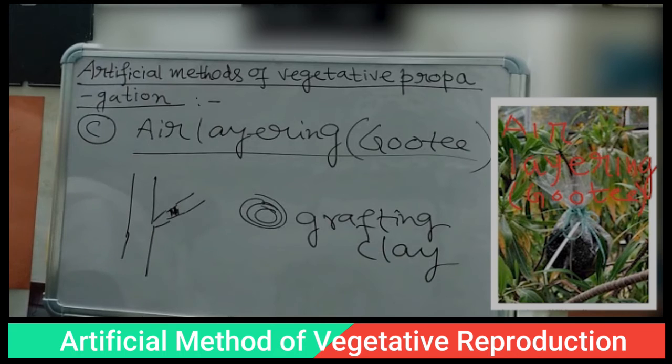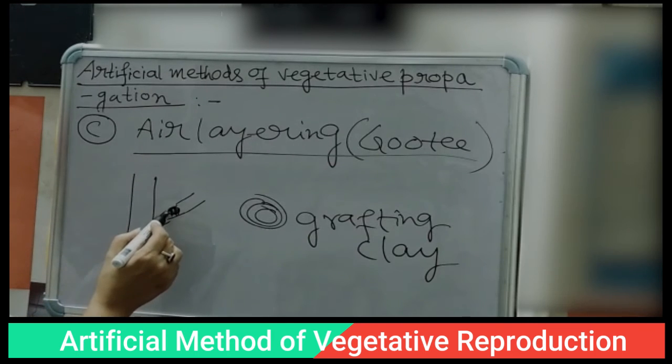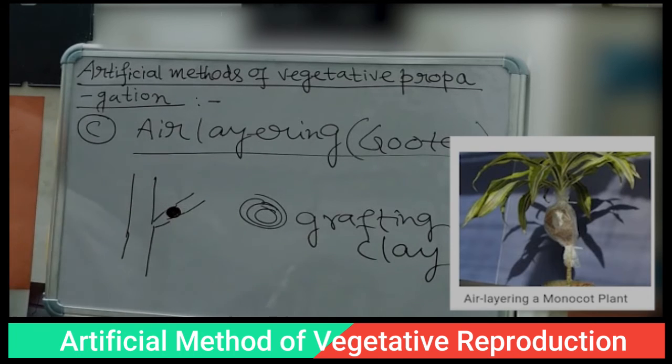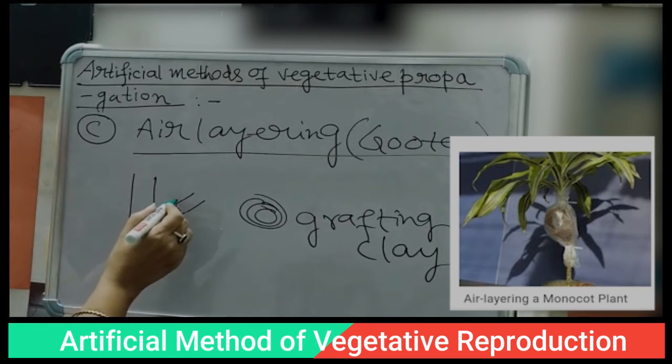Grafting clay is made up of 1 part of cow dung, 1 part of finely cut hay or moss, 2 parts of clay, some water and a little amount of root producing hormones or auxin, and that clay is applied here and covered, and then we cover that portion with